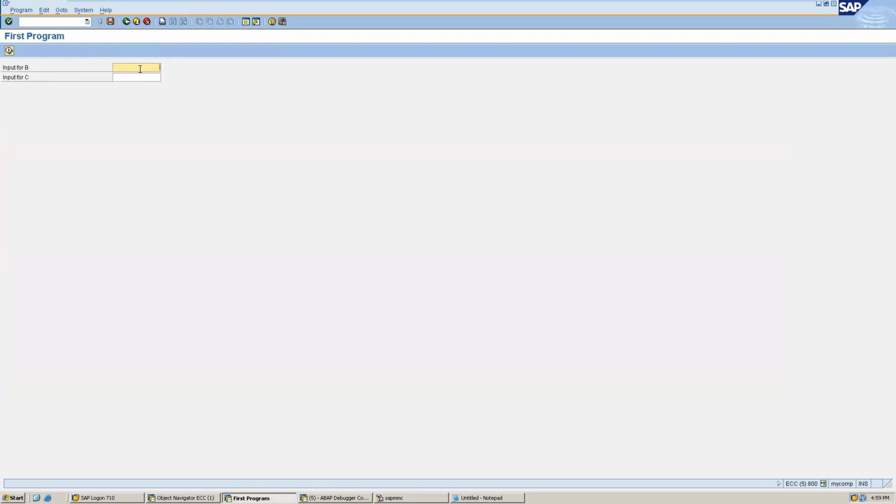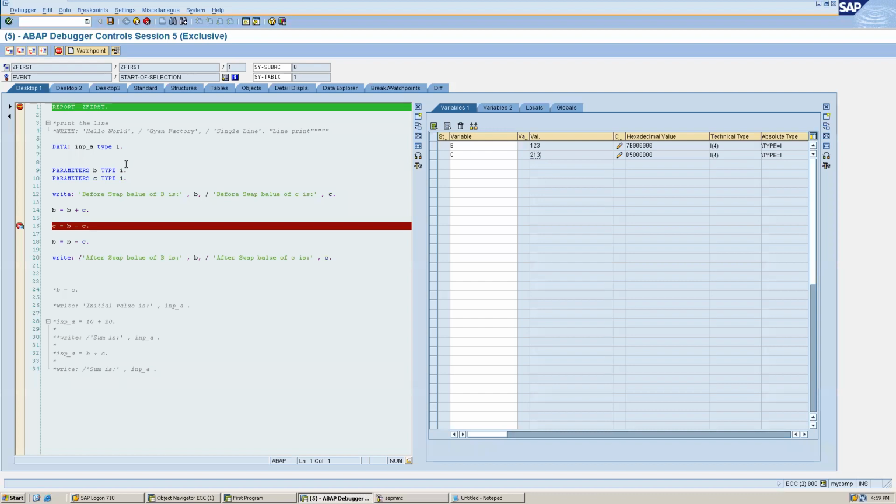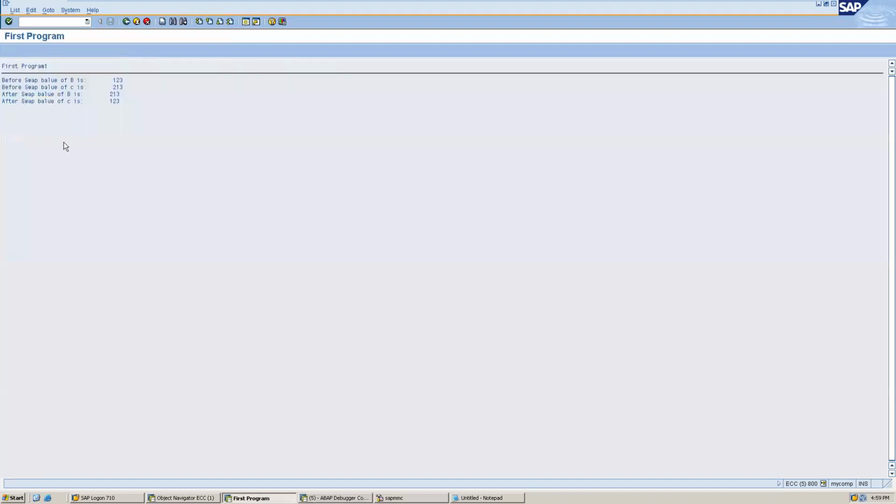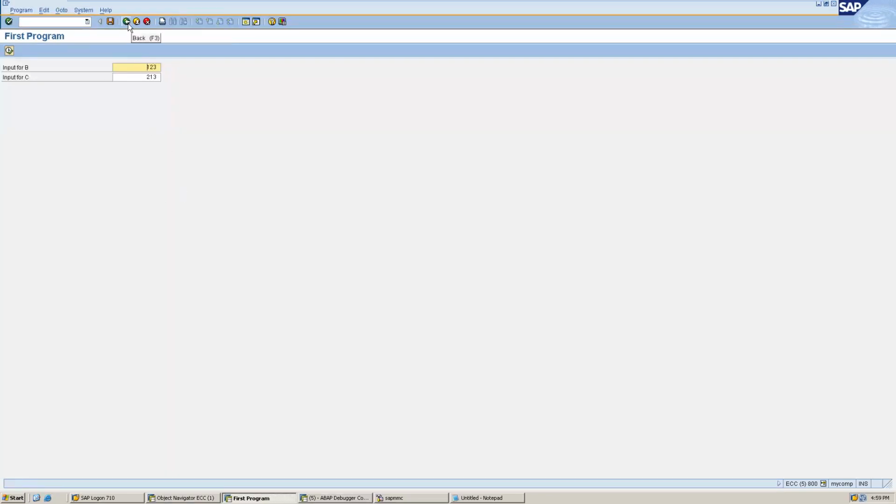And here, whatever I insert, if I try to insert any digit, not alphabets, it will not take. But if I try to insert any number, it will take because it is type I. So this is the use of type I actually. I cannot insert any other value here. So any doubt in this, guys? It is a very small program. We have achieved this functionality. We have debugged it.